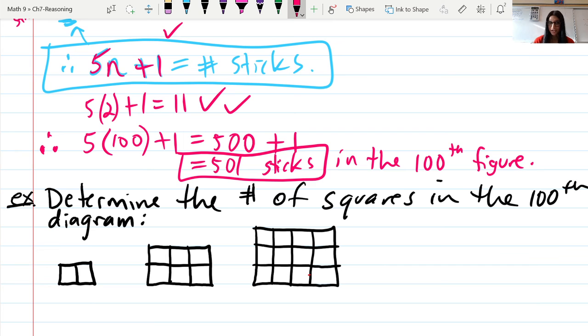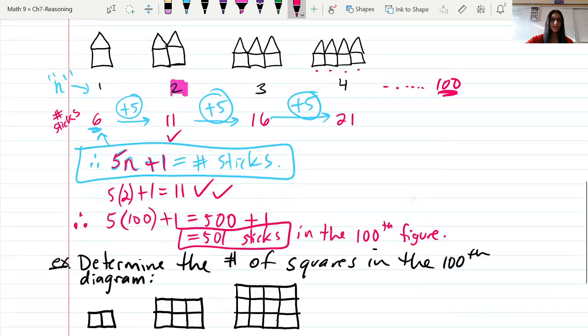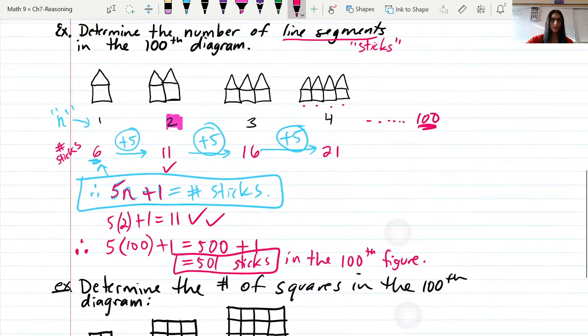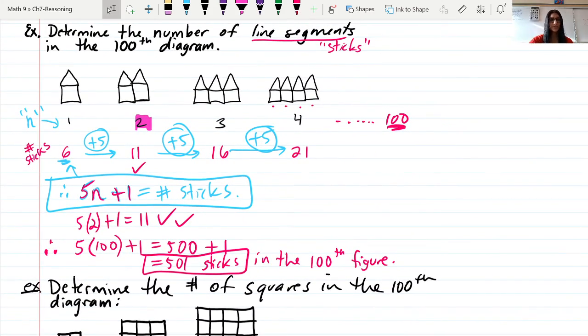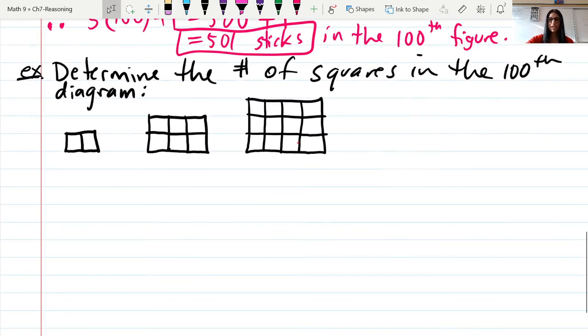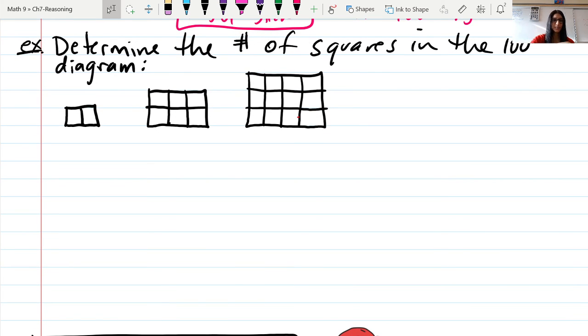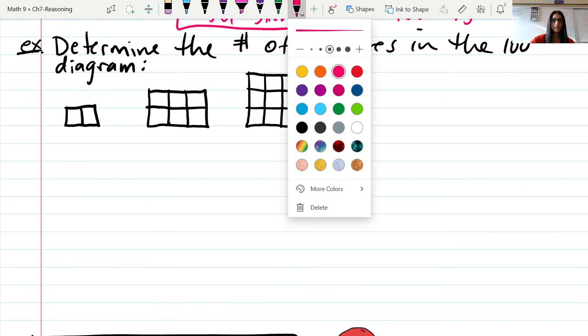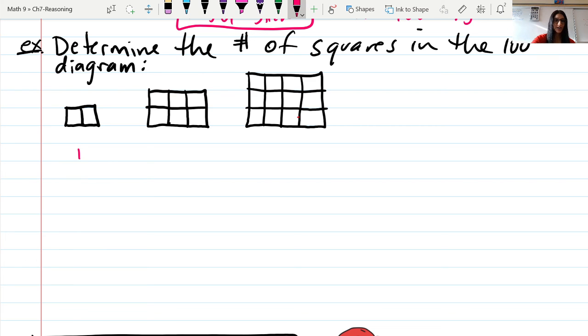This is a little bit difficult. I know that a lot of people have troubles with this, so I'm glad that you have the video so you can pause or you can go back to it to make sense of this. But I think I will also show you one more example to help make things a little bit easier for you. So determine the number of squares in the 100th diagram if we see that this is what we have going on here. So if this is diagram number 1, diagram 2, and diagram 3,